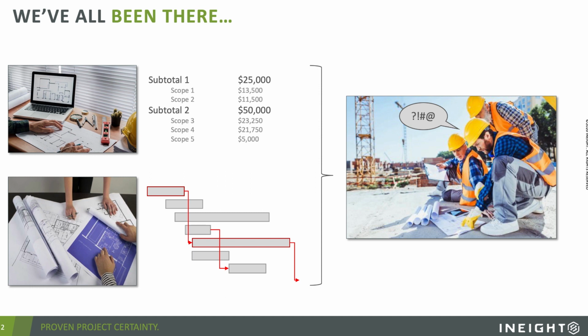Right? They're trying to figure out, how does this over here relate to that over there? How does this critical path get broken into these cost buckets? And what do I need to account for as I begin to plan out this work? And what do I have budget for to go get it done?